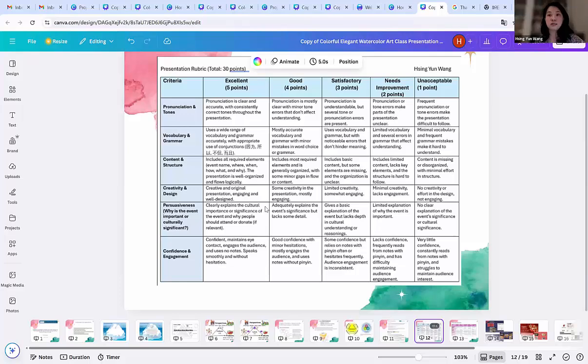And with this, I can use this as a guideline for them to know the grades and also for some reflection as well. Okay, so mentioning GRR, gradually release responsibility,